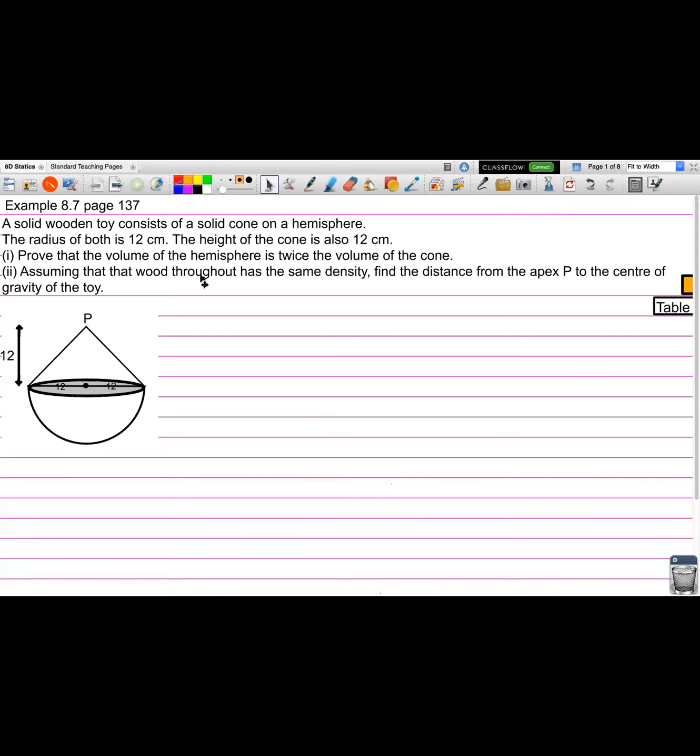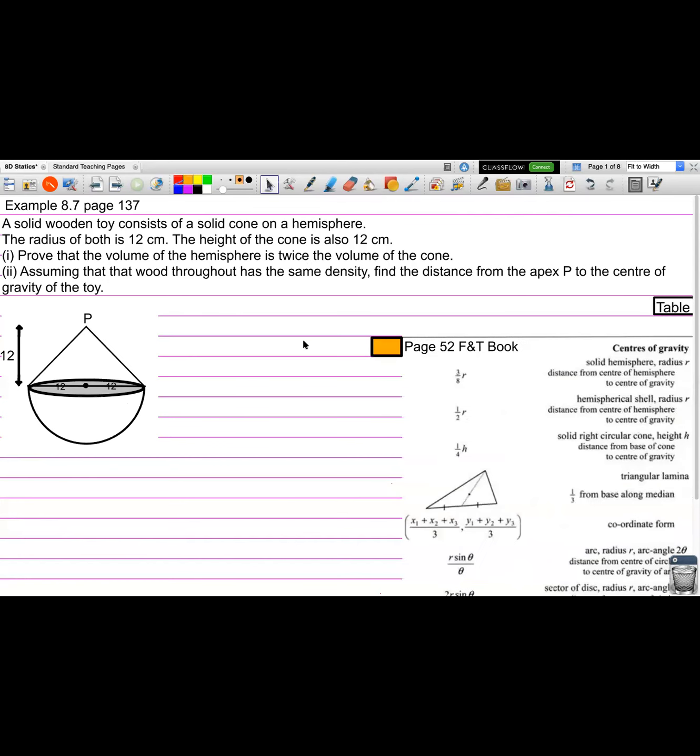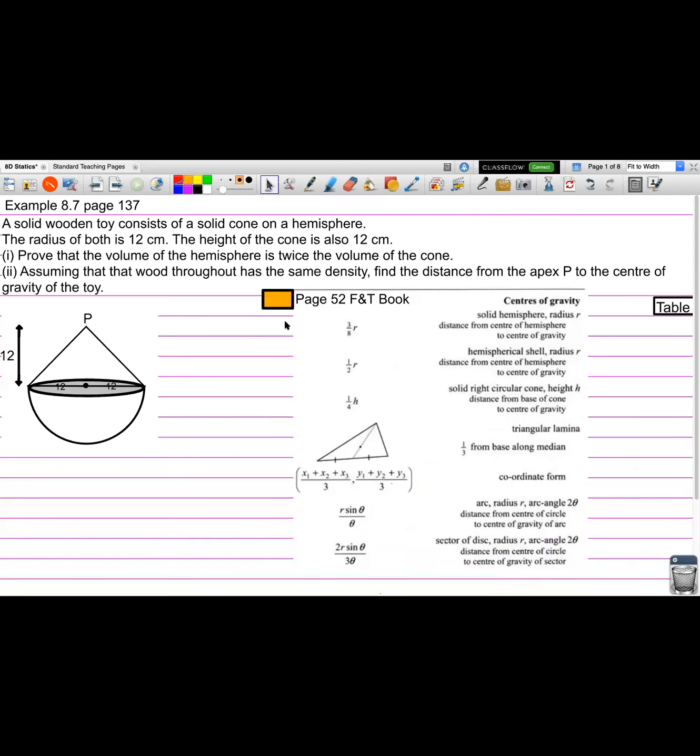Okay, what we have here is you need to be aware of the fact that this is actually a solid object. It's not a triangle, it's not a half circle, it's a three-dimensional object. I'm also going to draw to your attention that we do have a formula and tables book, and this is on page 52 of the formula and tables book, and it tells you here that the distance of the center of gravity